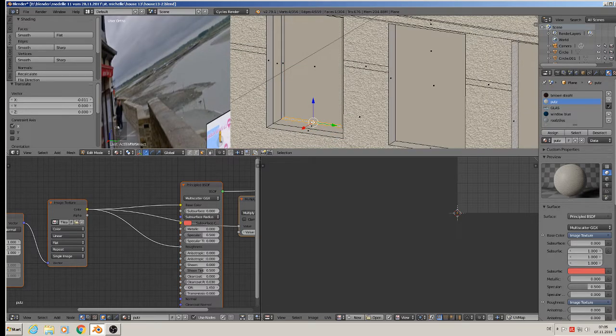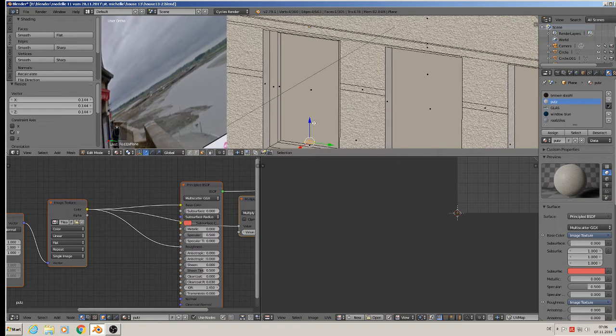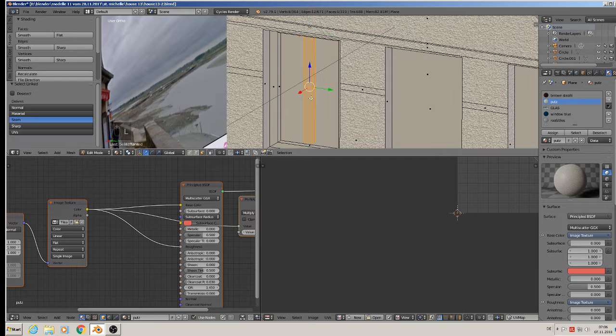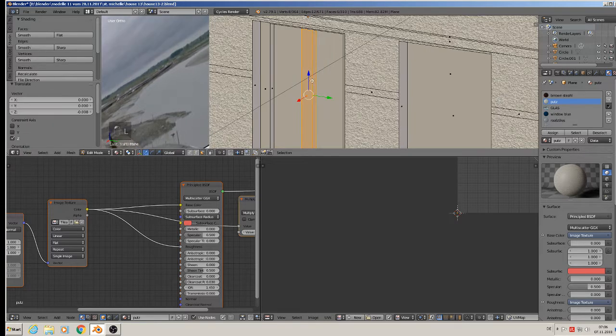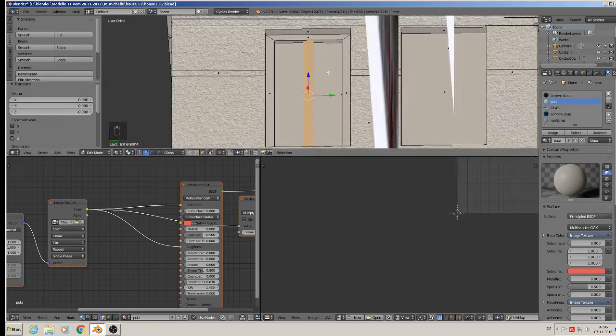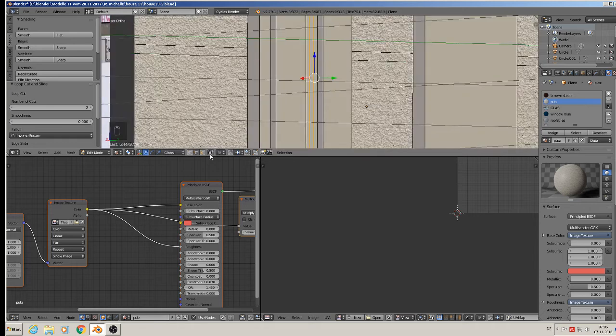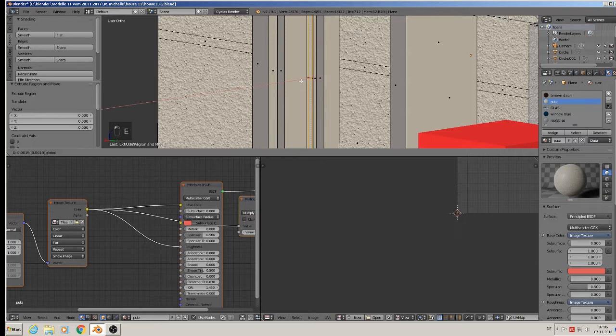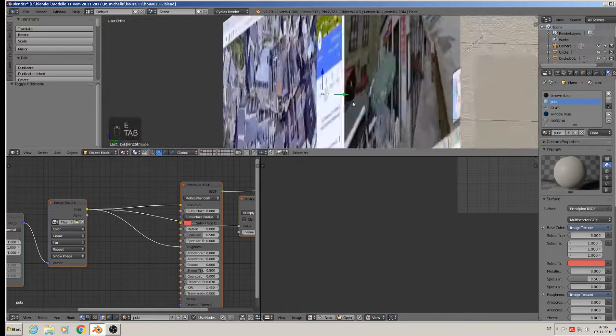So we can simply take a face, Shift D, bring the face out, scale Y, and extrude that up. So we have this part, then two loops in the middle, and can get this last one out there by extruding. So that is the window,